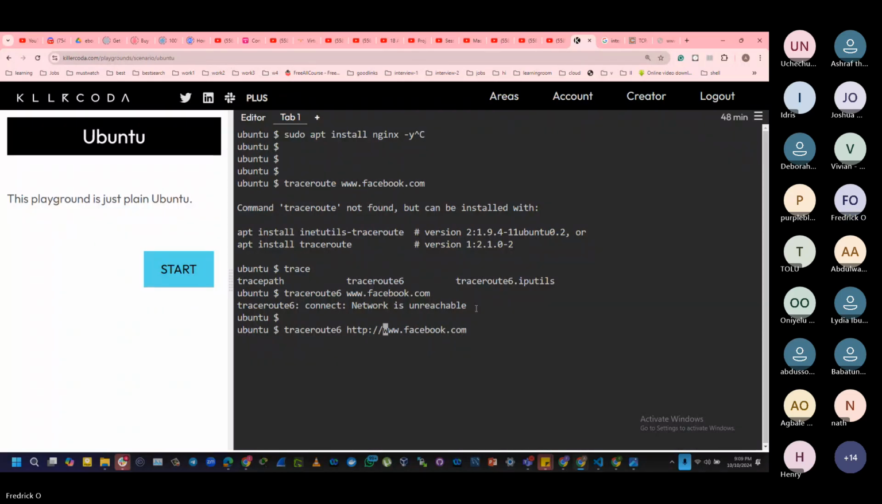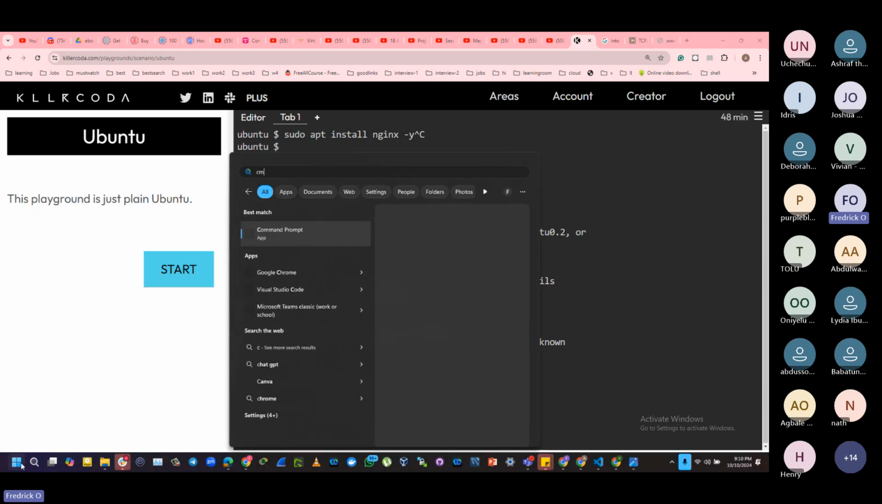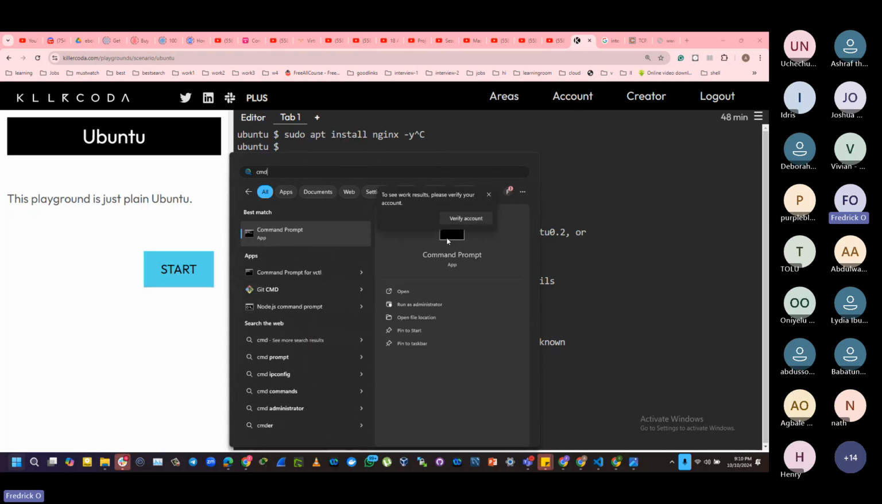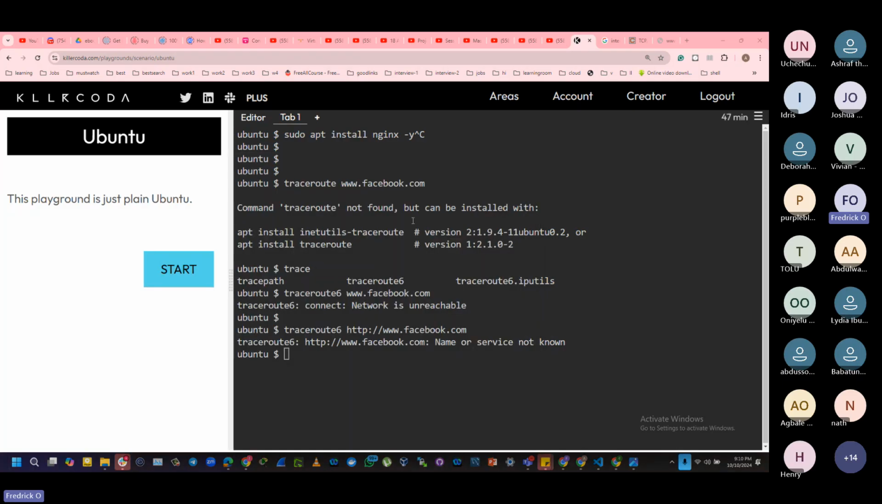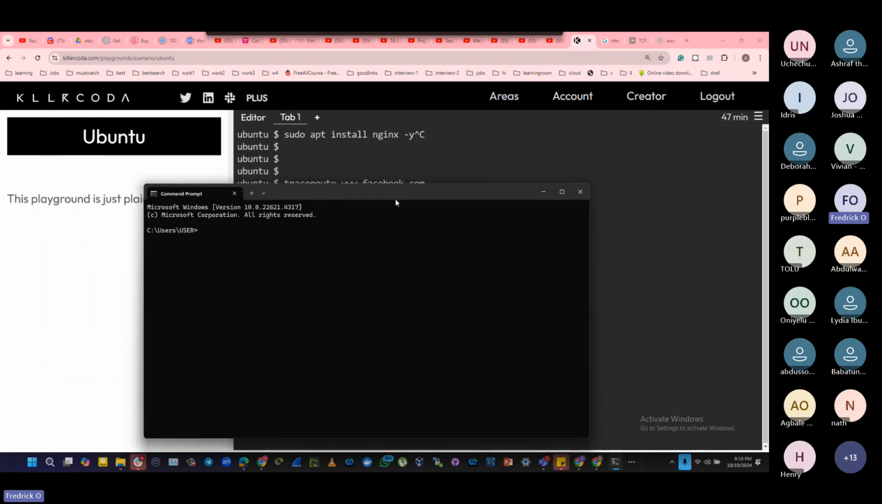Okay, you know what? Let's try it on my normal Windows computer system. So I'll come here and type CMD. Okay, this is my normal Windows command line terminal, right? If I say tracert